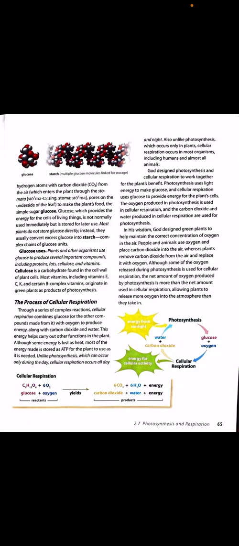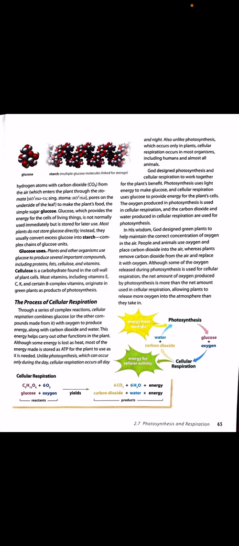God designed photosynthesis and cellular respiration to work together for the plant's benefit. Photosynthesis uses light energy to make glucose, and cellular respiration uses glucose to provide energy for the plant's cells. The oxygen produced in photosynthesis is used in cellular respiration, and the carbon dioxide and water produced in cellular respiration are used for photosynthesis. In His wisdom, God designed green plants to help maintain the correct concentration of oxygen in